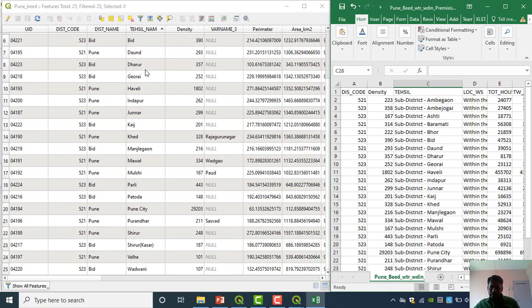That I was discussing, why I am not going with names. See, the problem with names is that, suppose this Bid district spelling is BID, okay, but not all people write BID. Some people do use BEED. Then it will be difficult to understand the system. Either we are giving the same name or a different name, because the system doesn't know Bid, Tehsil, district, the system doesn't know anything. The system just matches words and letters, figures and letters.